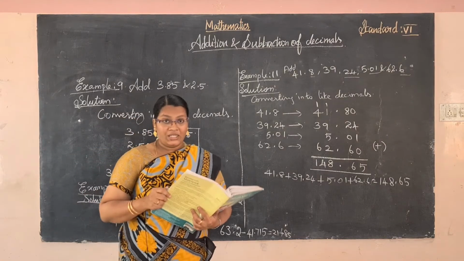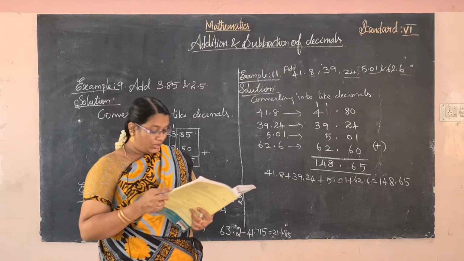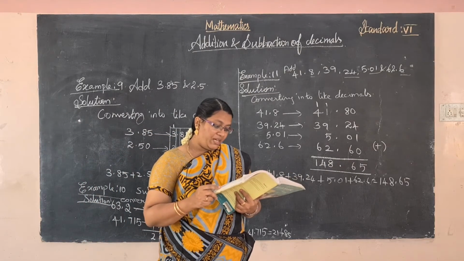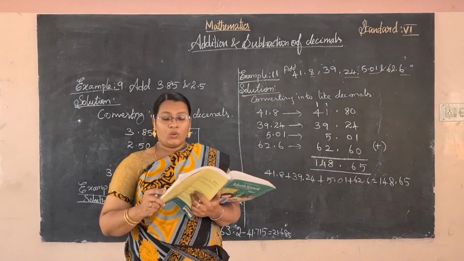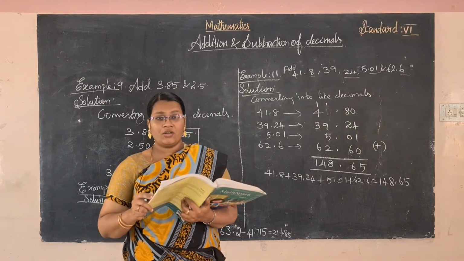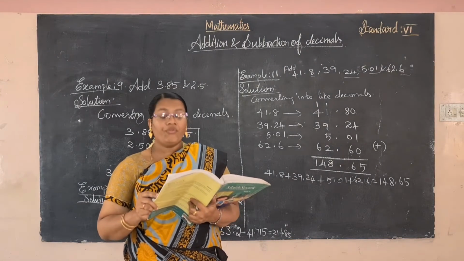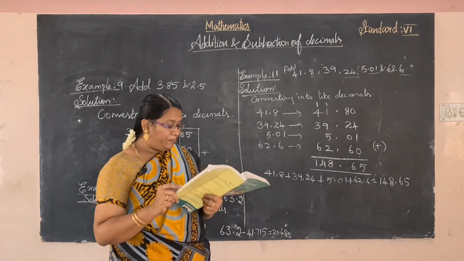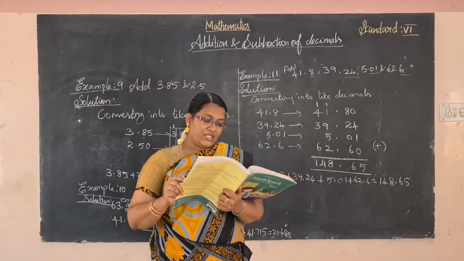Now move to another example related to decimals in a word problem. See example 12. Suraj got rupees 15.50, need not read like that, 15 rupees 50 paise, from his mother and rupees 30 and 5 paise from his father.